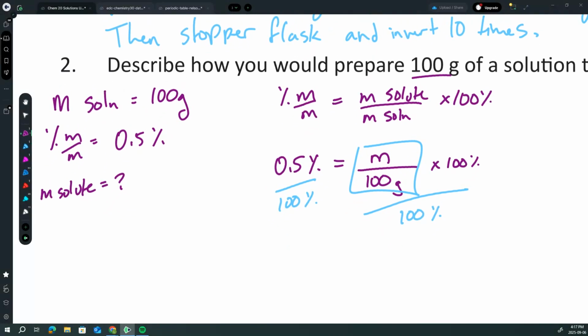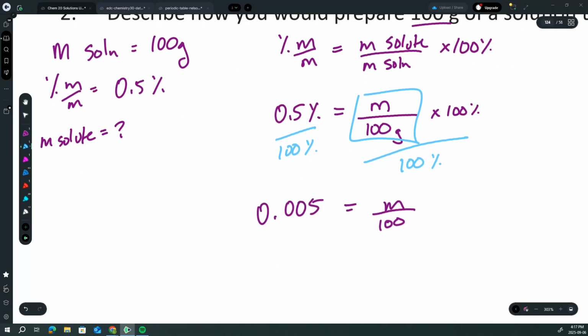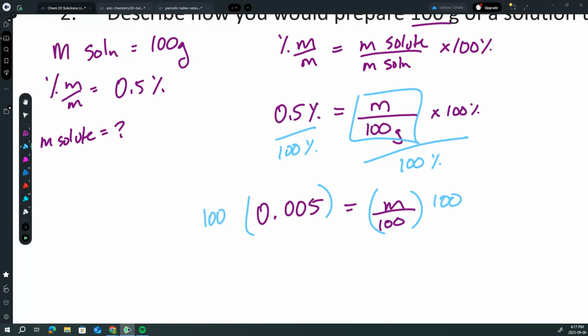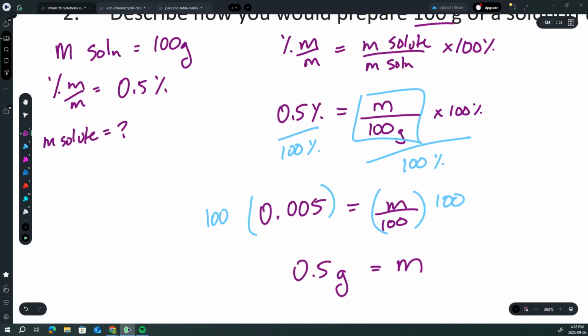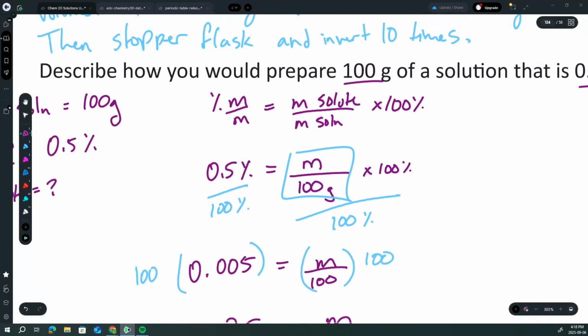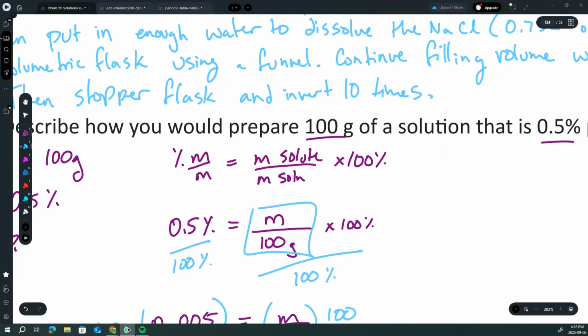Okay, so 0.5% divided by 100, that's going to be 0.005. Mass divided by 100. So 100 is dividing into mass, so we've got to multiply it by 100. So then we're given 0.5, and that'll be in grams, is equal to our mass. So how I'm getting the units of grams is,